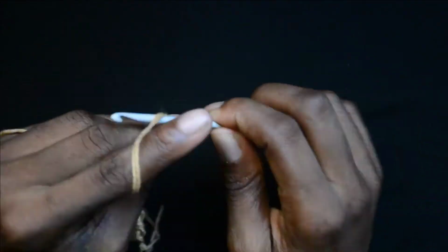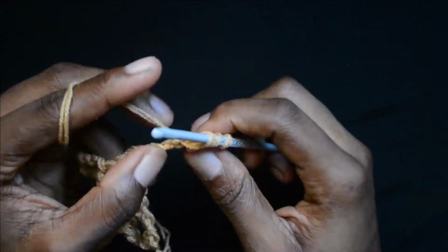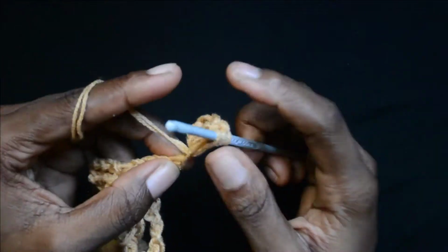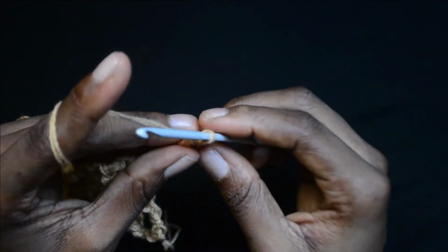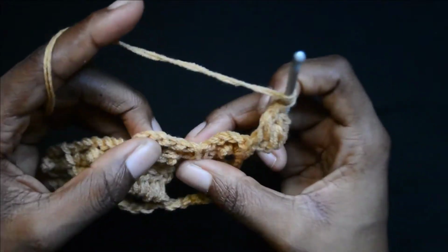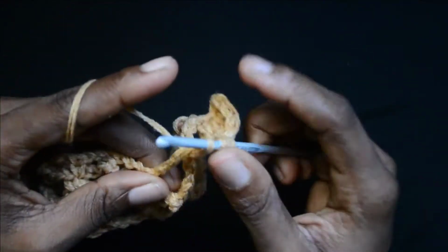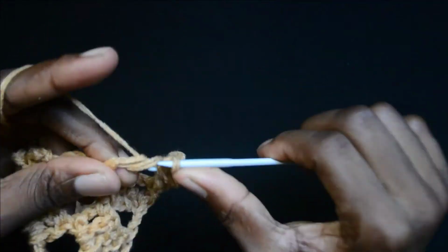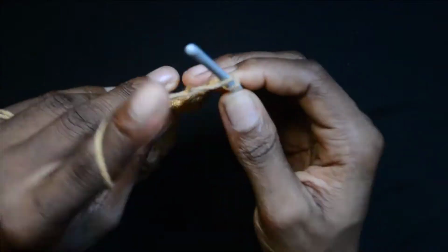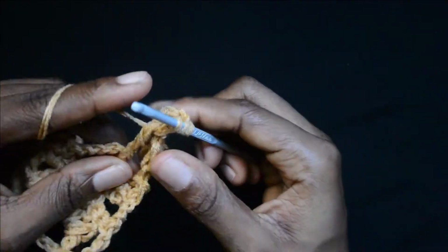1, a double crochet in the next chain, 2, and a double crochet in the last chain, 3. Now once this is done, you do a treble crochet in the middle of the next chain 6. You know, this is the next chain 6, so you do a treble crochet in there. Once that is done, you chain 3 and do 3 double crochets in the body, in the post of the treble crochet, 1